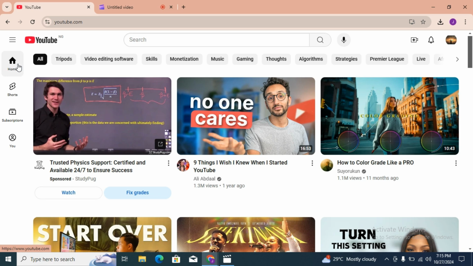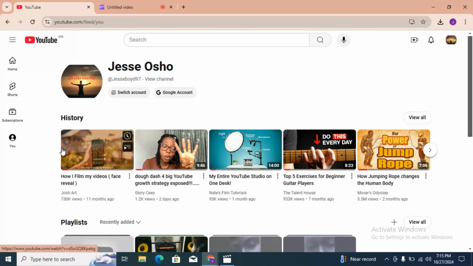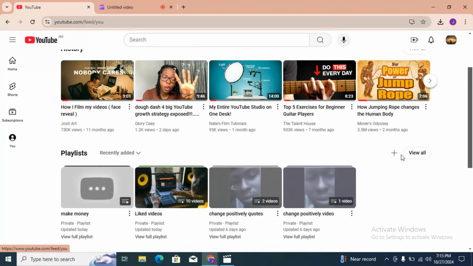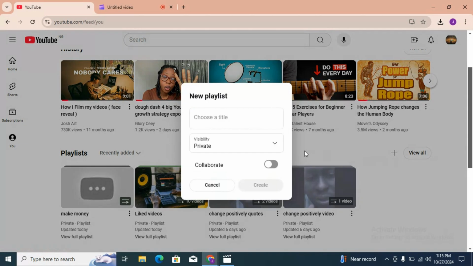Now this is your YouTube interface, either on your PC or your phone. This is the same method you can use to do the playlist. So you come down to where you have your You on your phone or on your PC, click on the You. When you click on the You, come down to where you have this plus sign. Click on the plus sign